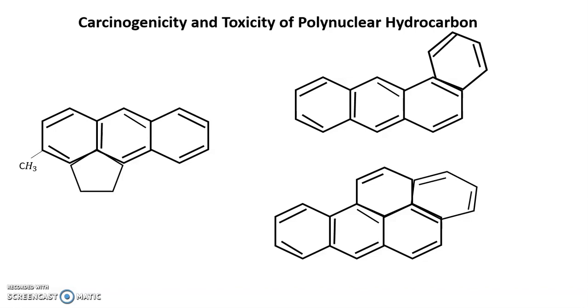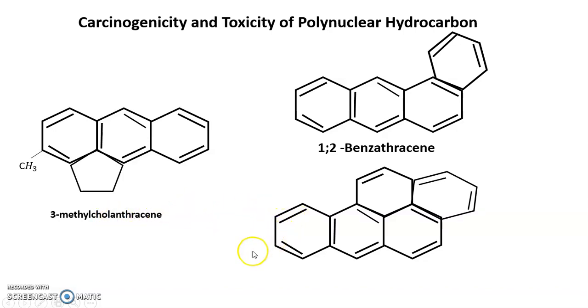The major component of the fraction was found to be 1,2-benzanthracene. This is the 1,2-benzanthracene. Later, researchers have shown that many other polynuclear hydrocarbons, such as 3-methylcholanthrene,